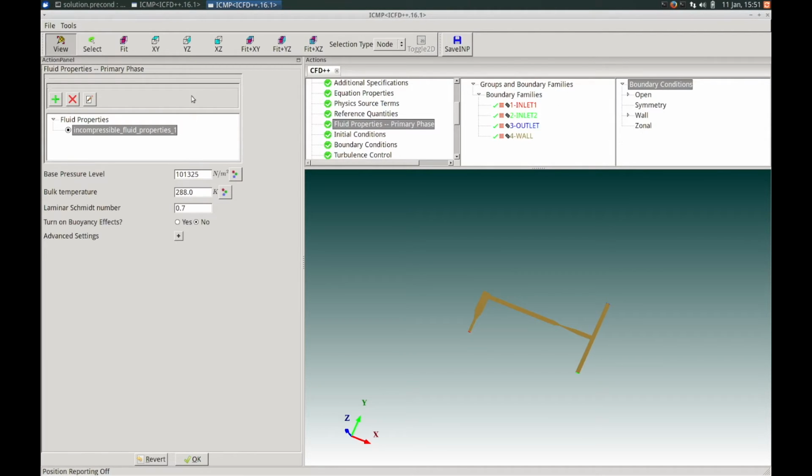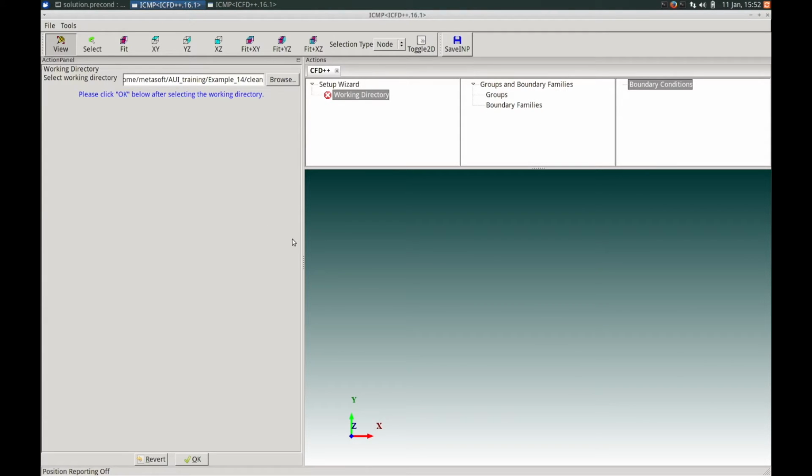The fifth component is called the action panel, which presents the user with relevant choices that correspond to the active item of the setup wizard action tree and to choices selected in previous and current items of the setup wizard action tree. All of the panels are dockable and resizable to suit your preferences. At this point, I will close the current window so that I can begin the setup of the tutorial example.